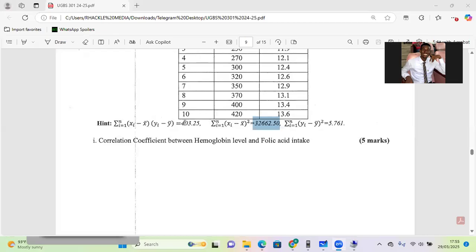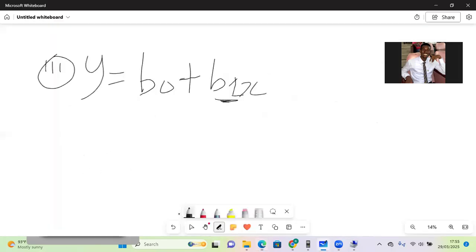So you are just going to use this over this, and then you get it, right? So let's do that. If you want to get B1, it is going to be